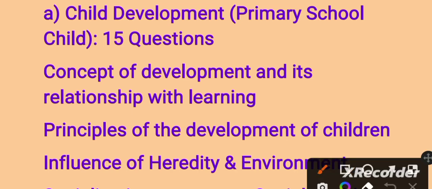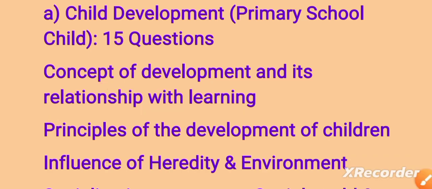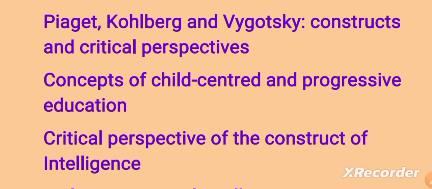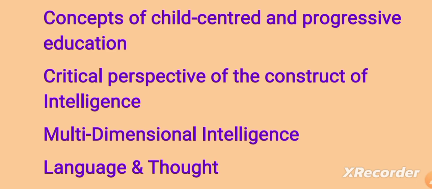In that, first is the concept of development and its relationship with learning, principles of the development of children, influence of heredity and environment, socialization processes. It includes social world and children, teacher, parent, peers. Piaget, Kohlberg and Vygotsky, which includes constructs and critical perspectives, concepts of child-centered and progressive education,